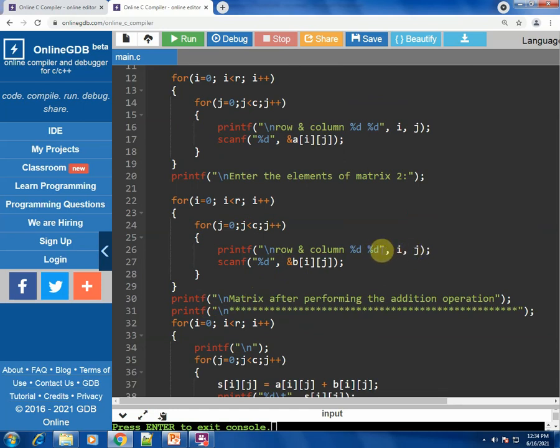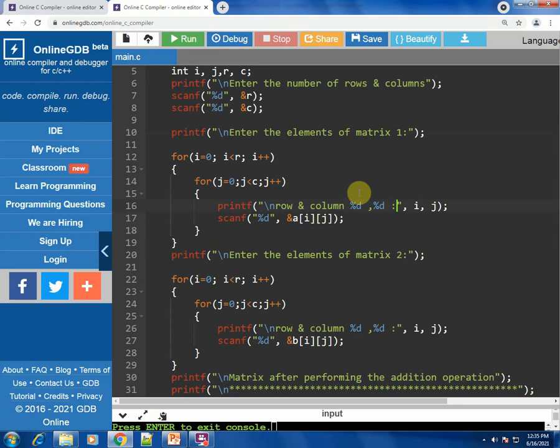Also, while taking the input, you need to leave a space. Similarly over here, put a comma, because in the output there was no comma appearing, and put a colon. So accordingly the input will be taken.